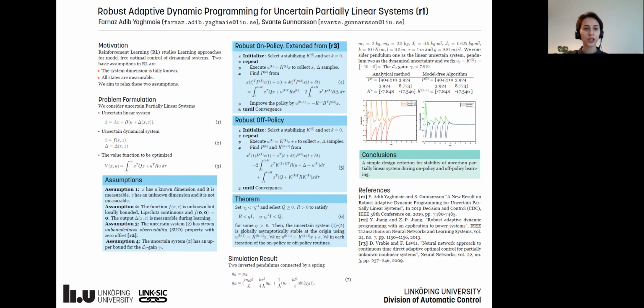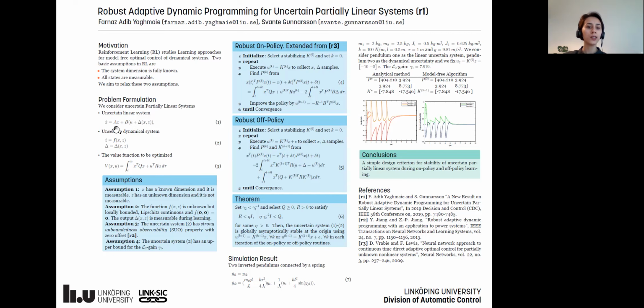In this presentation, we consider uncertain partially linear systems. We have a linear subsystem like this, where we can measure the state variable x, and for this system, we aim to optimize a quadratic cost function, which we represented in 3. We do not know A, so we aim to use the on-policy or the off-policy routine to control such a